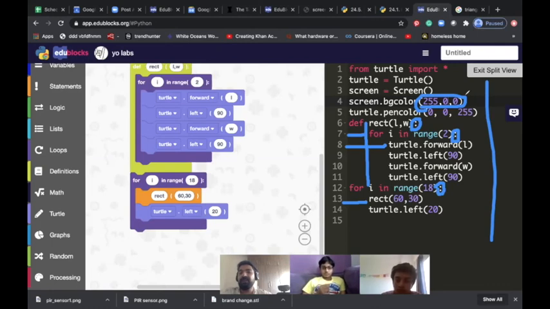So two things. One, you will find these colors, and second, you will give me a function. Function means this def. There I want a general function called polygon, and in that polygon, like here I have put 60-30, I put the side and angle and how many sides there should be. So number of sides, length of the side, then it should give me the polygon. Only two things I should enter.